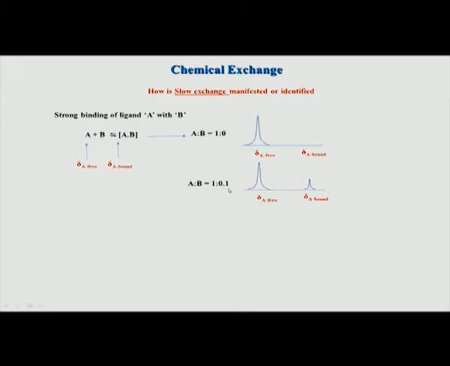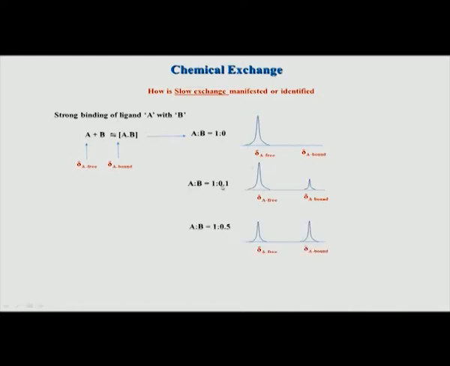Because right now we have added only 0.1, so the B population is very less. So, the complex is also less, and that complex now shows a peak somewhere away from here, and that peak will appear with a very low intensity, but it will be a new peak, and that peak will not be present in the first spectrum. So, by looking at the appearance of a new peak away from the old peak, one can tentatively say that this is the bound form and this is the unbound free form.